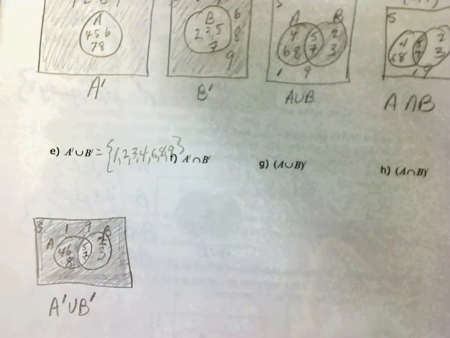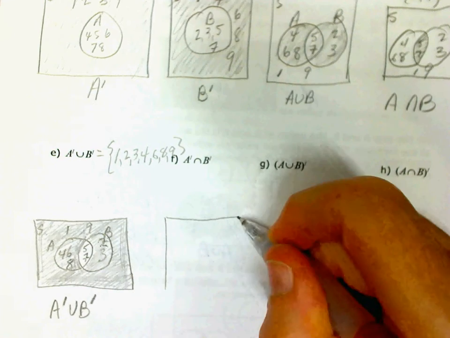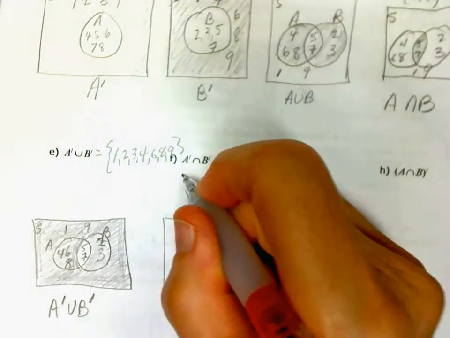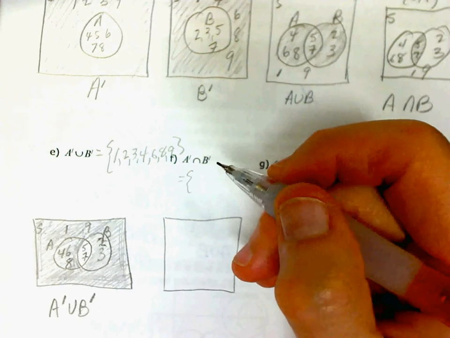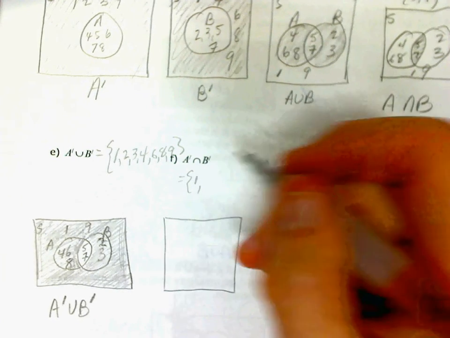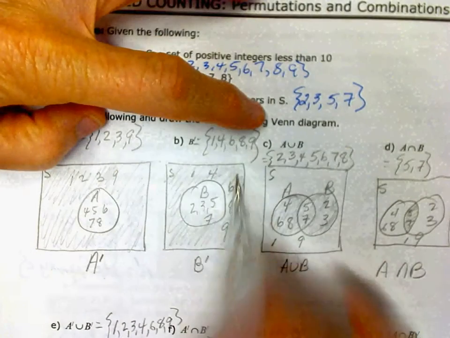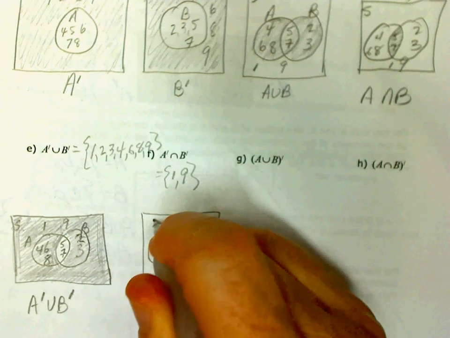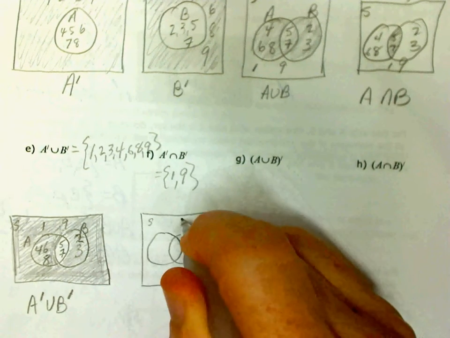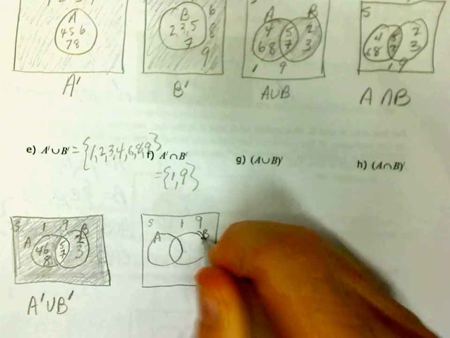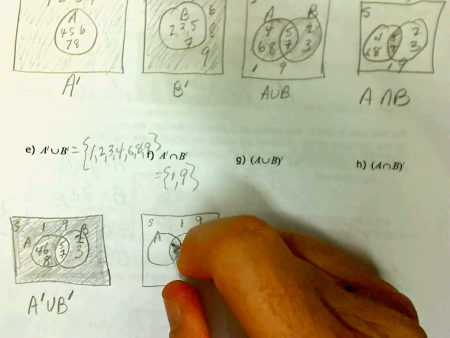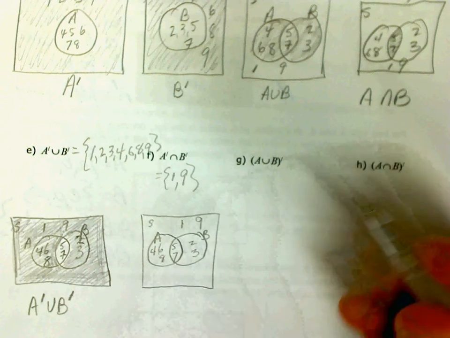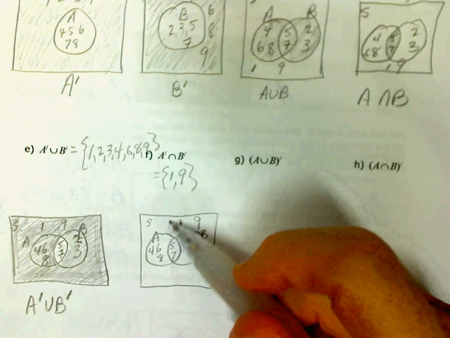Okay, let's do A naught intersection B naught. What did they have in common? 1, and 9, right? That's the only thing they have in common, right? So A, B. So this is 5, 7, 2, 3, 4, 6, 8, 1, 9. So we're just shading everything outside of